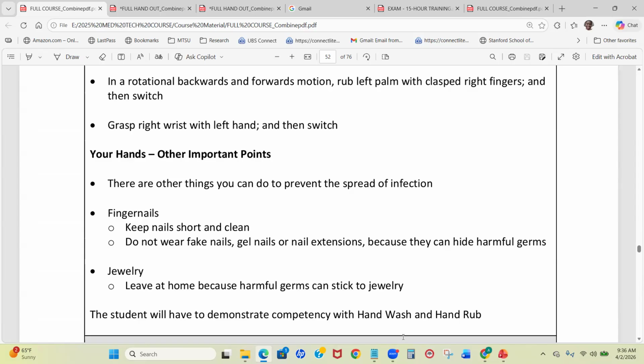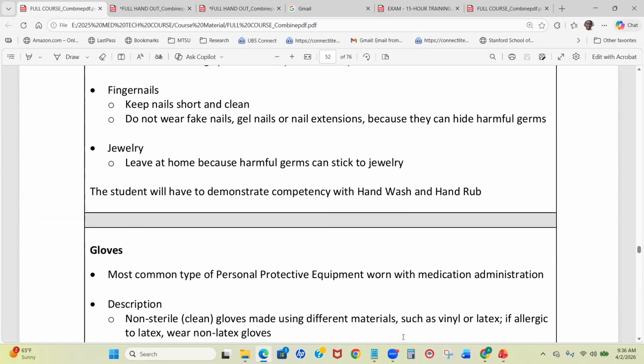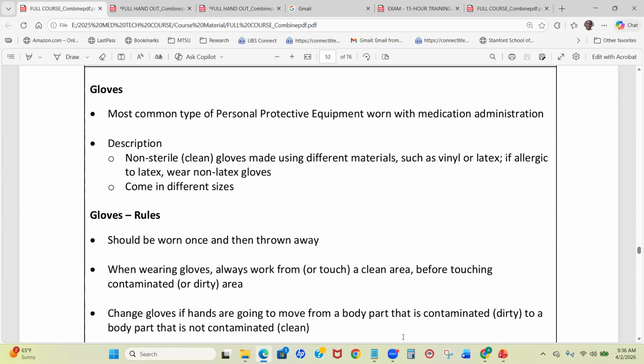We came there to take care of those residents. So let's come and do that, and leave all the other fashion things for our parties, and other enjoyment that we do at home. So gloves. This is the number one PPE, personal protective equipment, that can help break the chain of infection